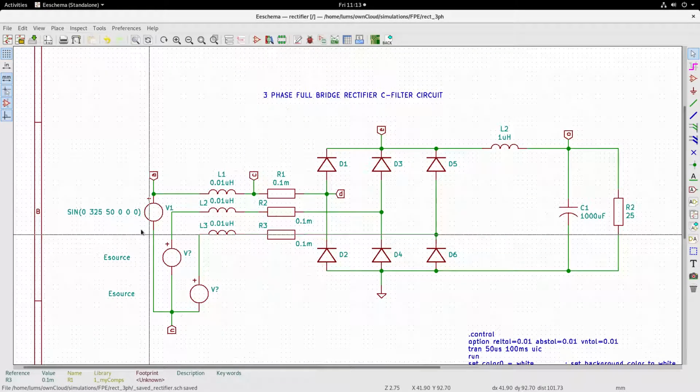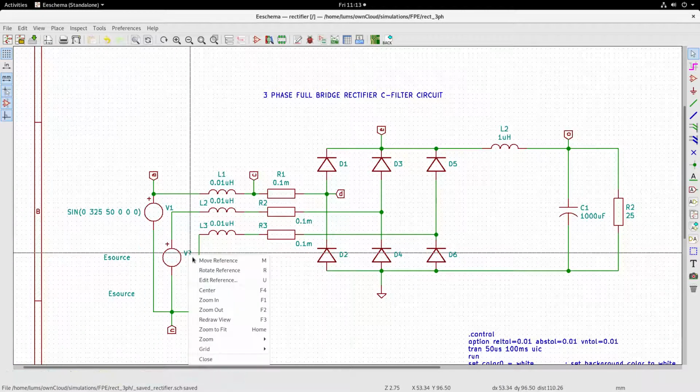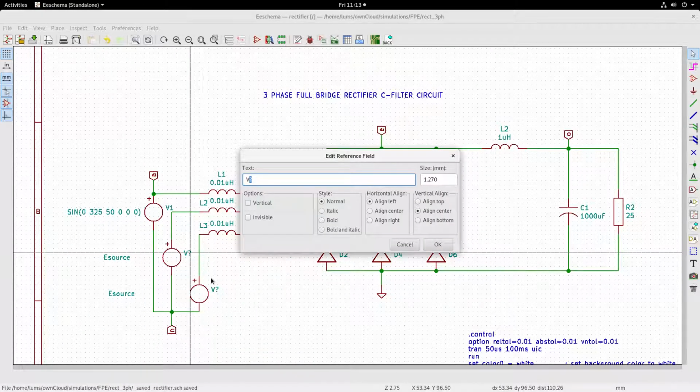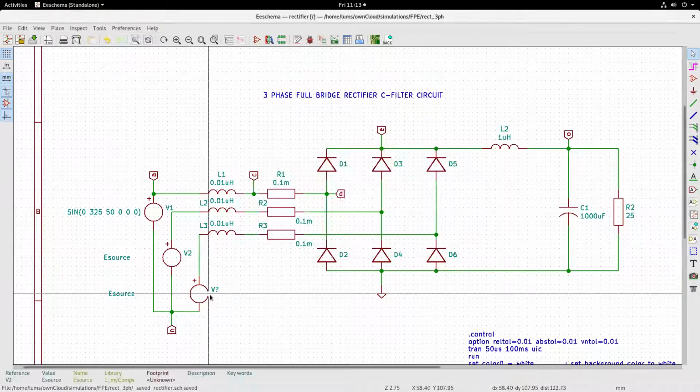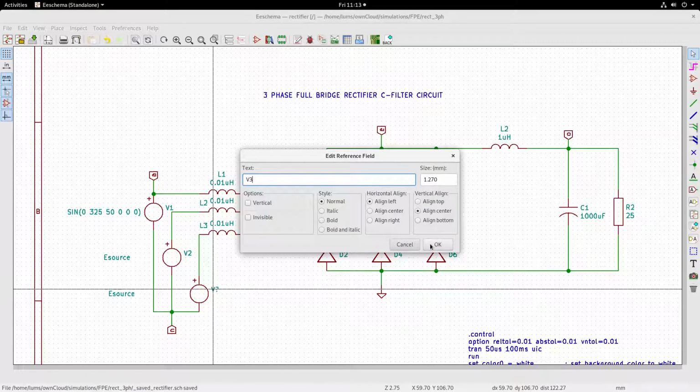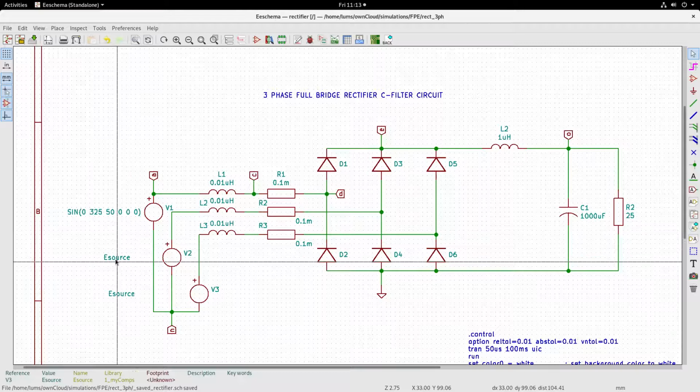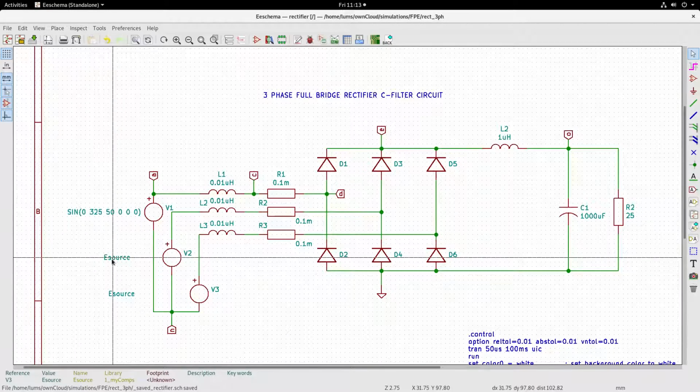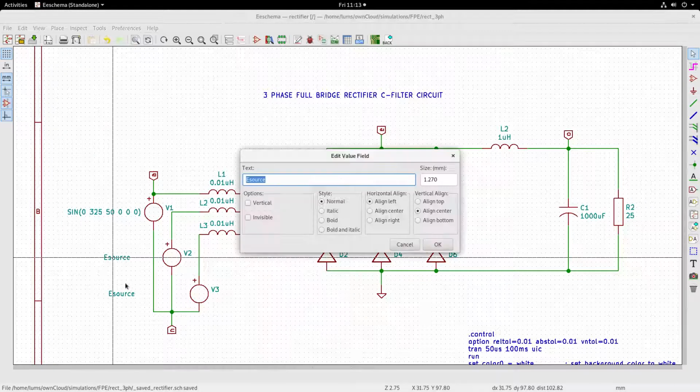We need to give the sources the reference, edit V1, V2 and V3, and let us give the source value, edit value, and this will be a sine source. I will just write down what we had written for the others: 325, 50 Hertz, 0, 0, 0.